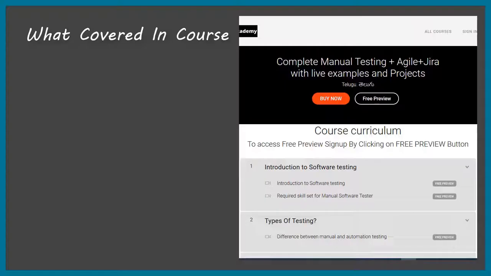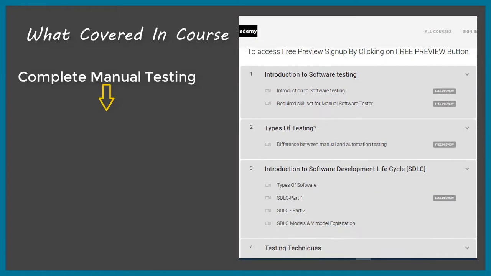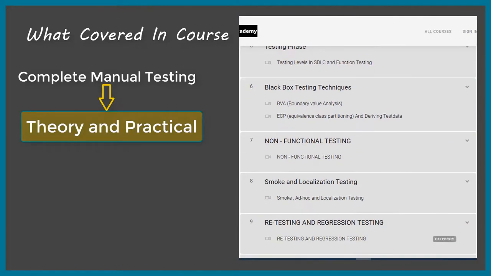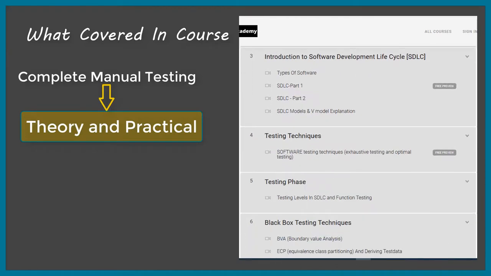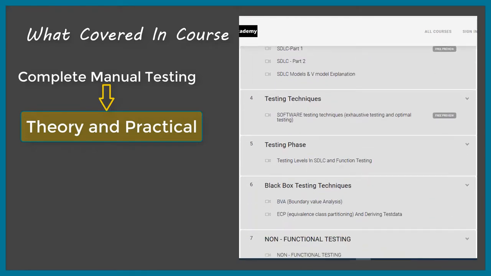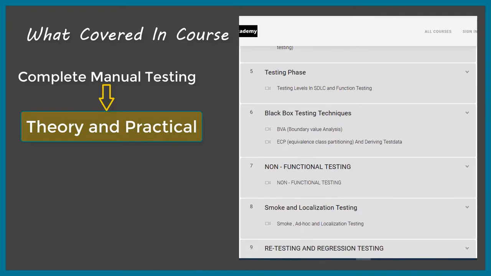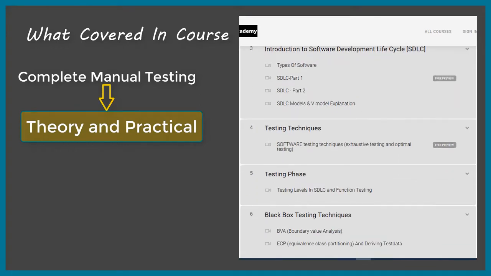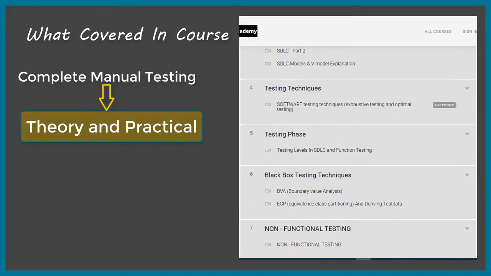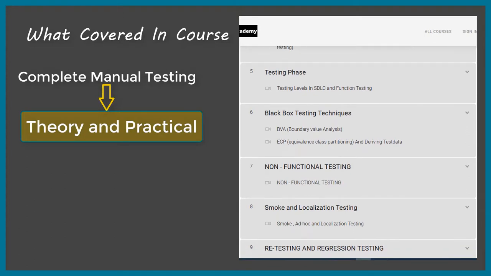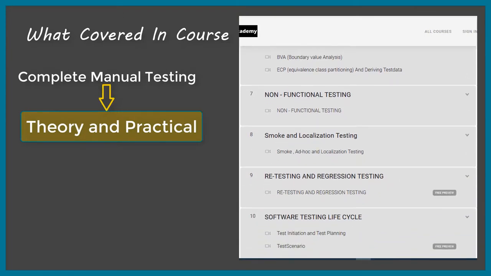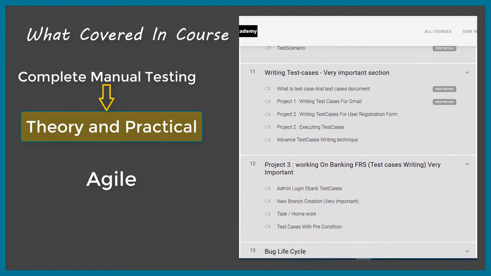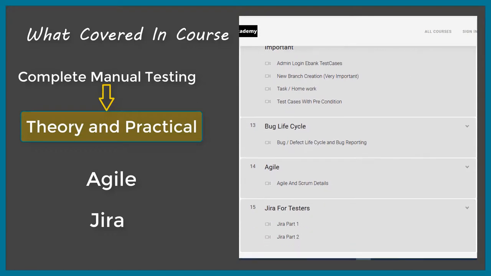Now what we have covered in the course, you can see that to the right side we have some sections and classes. So these are all the sections and classes we have covered. Completely I can say that we have covered complete manual testing, first theoretical and practical part also. Practical in the sense writing the test data, writing the test cases, all those come under practical. Theory in the sense software testing life cycles, development cycles, that falls under theory. And even we have covered agile too. And not only that, we have covered a bug reporting tool called Xera, end to end.